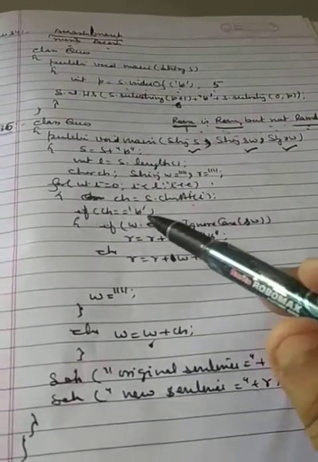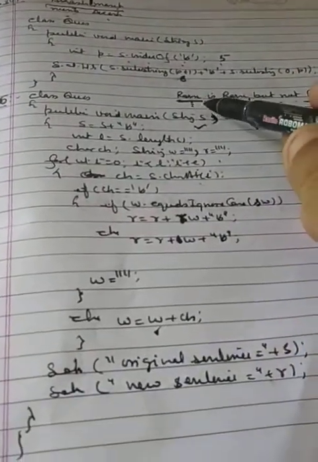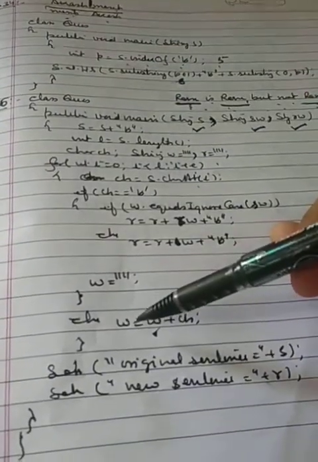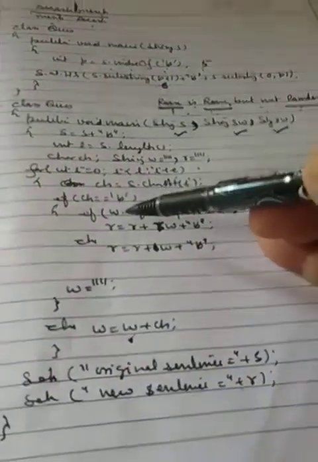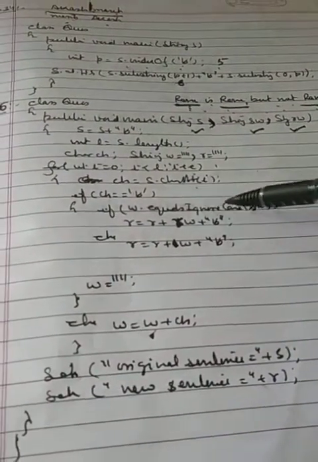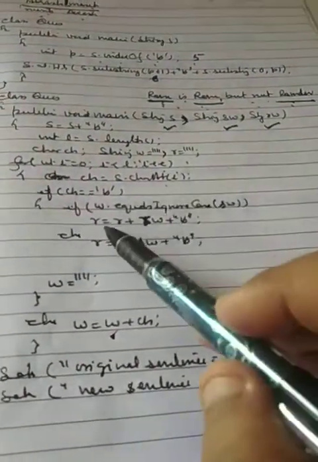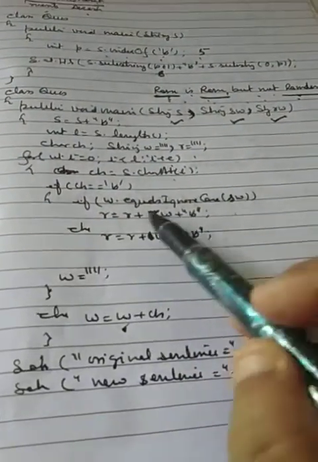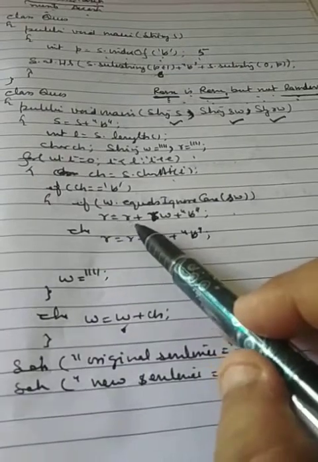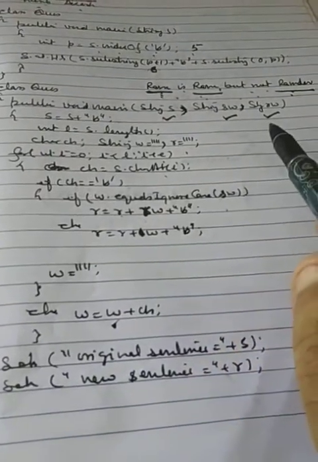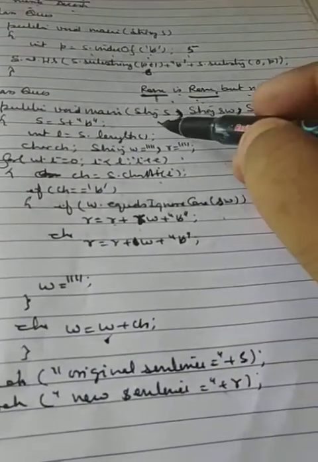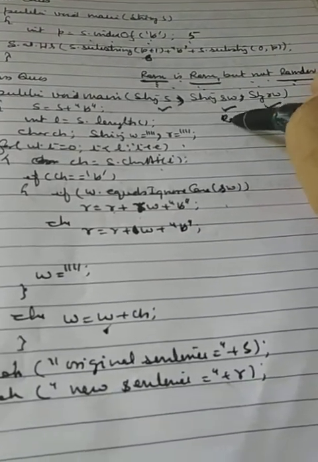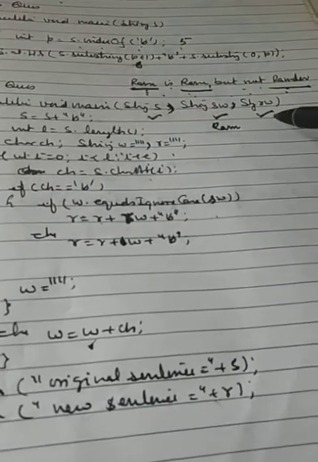As soon as we get the first space, w will contain Ram, since till now we have added the characters. Now what we are checking is w.equalsIgnoreCase(sw). If w contains the same word which you want to replace, then what did we add to r? r = r + rw. Suppose the sentence contains Ram is Ram but not Ram. sw contains Ram and rw contains Shyam.